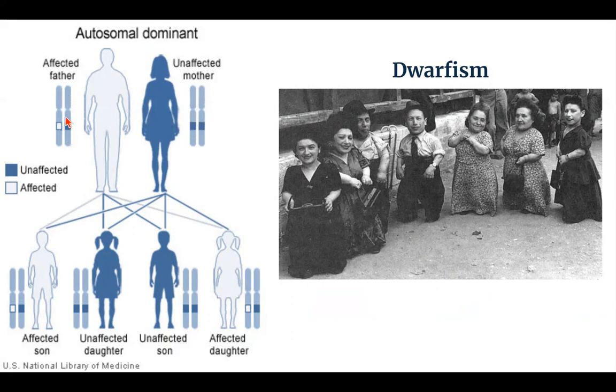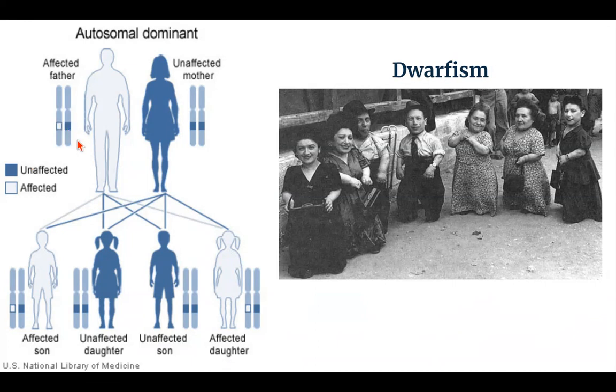The father, however, carries one normal and one affected, and therefore he is affected. When the father produces his sperms, those sperms are going to have only half the number of chromosomes, meaning that these two chromosomes are being split up into two different sperms. So half of the father's sperms will contain the affected allele, whereas the other half will have the